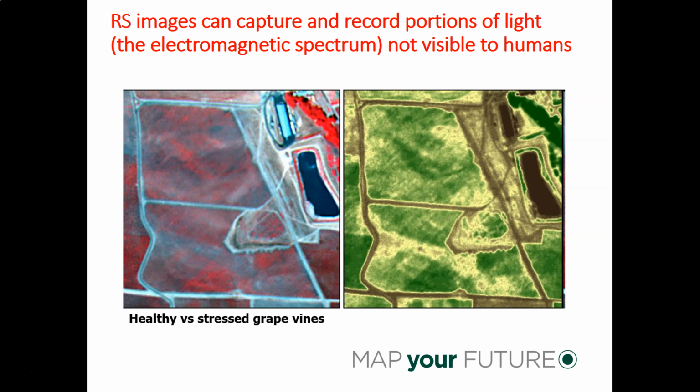obviously there's tons of different applications that are for businesses, agriculture, which, for example, in this case, allow us to identify healthy versus stressed vegetation, grape vines. You have two images here. One is the combination that kind of gives us a real photo that you would see more or less